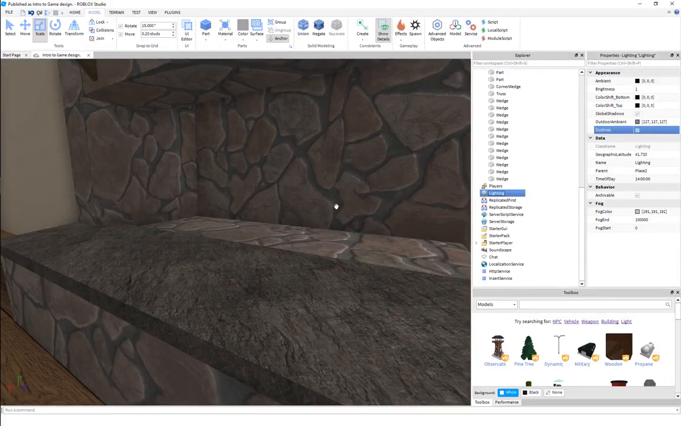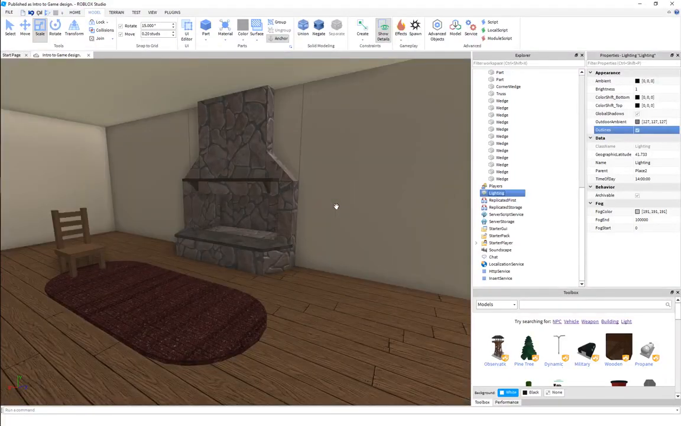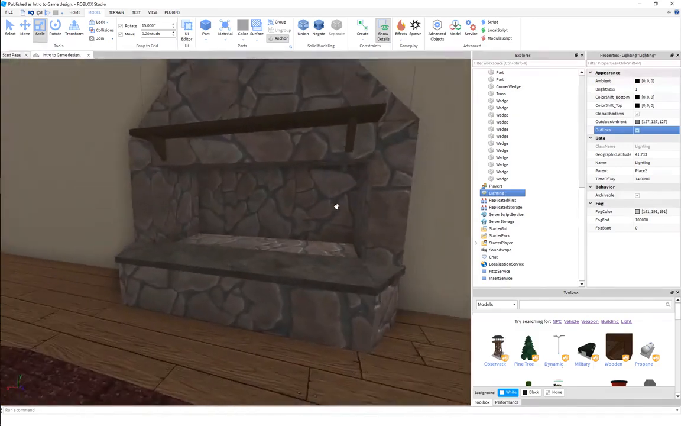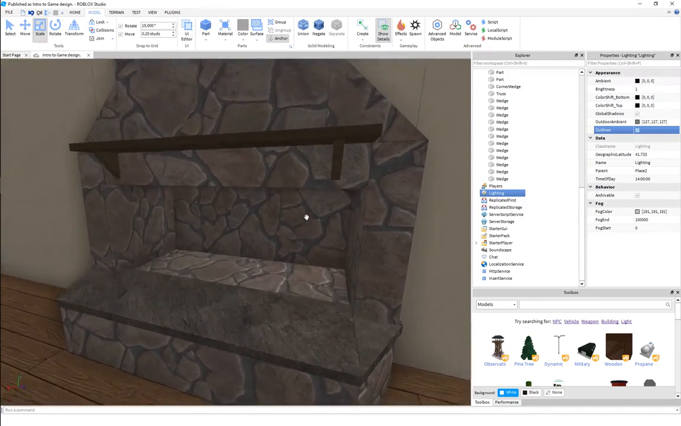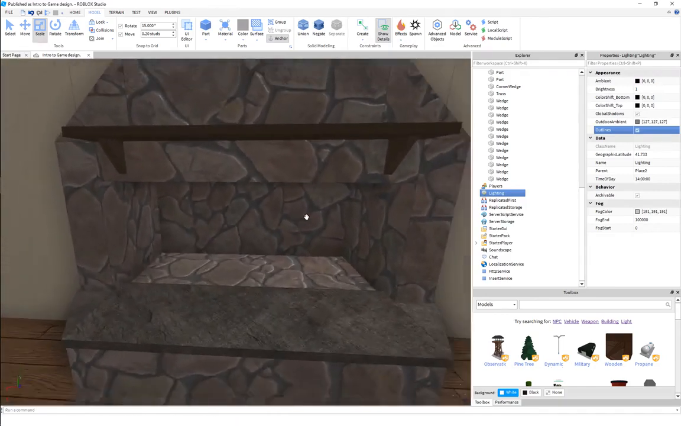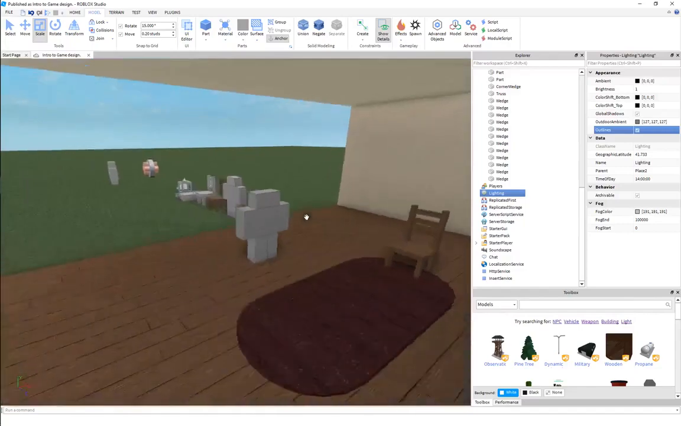Hello and welcome back. I know in my last video, if you were watching the series, I said that we were going to work on particles, and I would love to work on particles, but we have no fire. So, in this video, we're going to make ourselves a fireplace to put some fire in. So, let's start